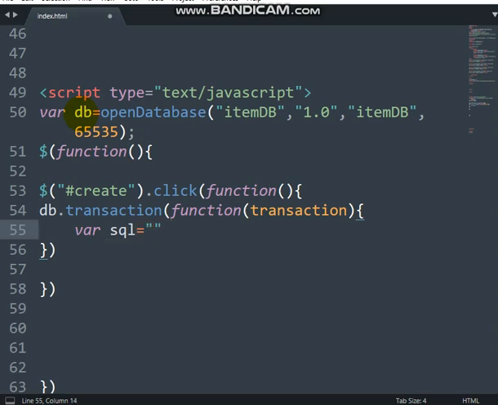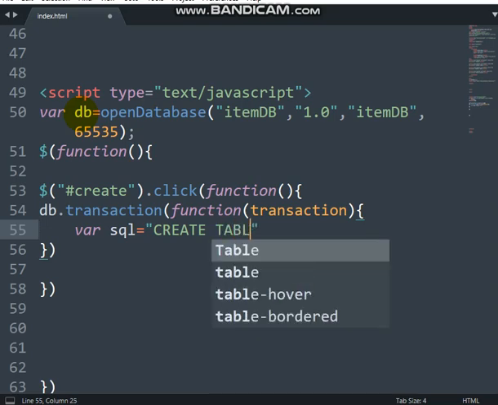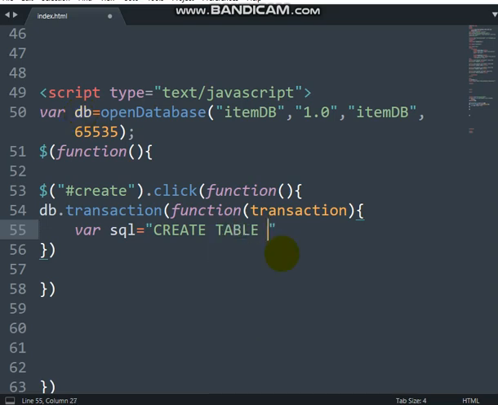Now you're going to write normal SQL query now. Create table. What's the name of the table you want to? You know the table is items. Let me put items. So I want to come to the next line. That's why I put plus there. So it should